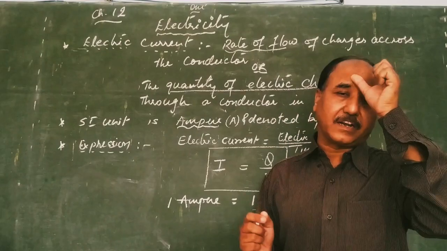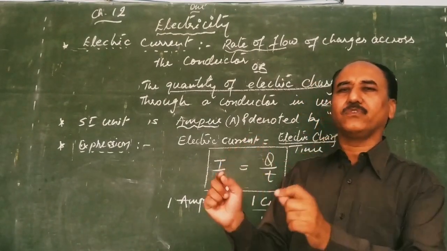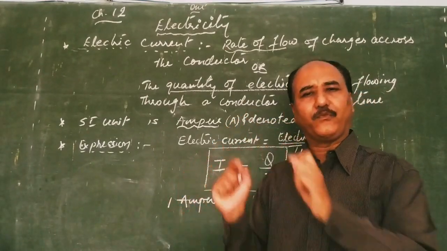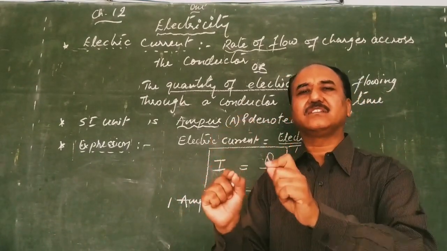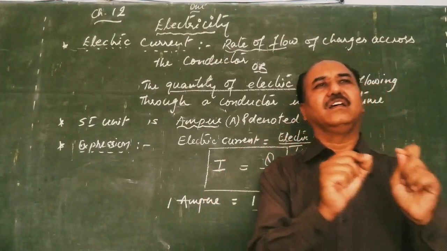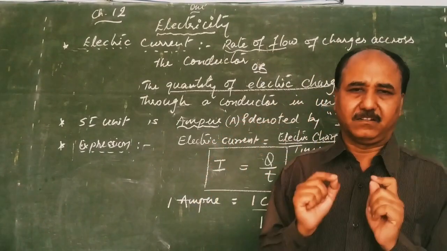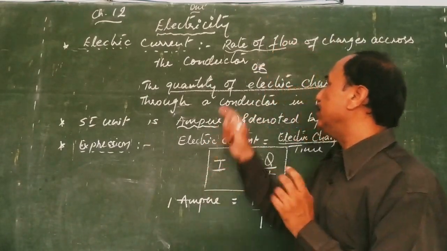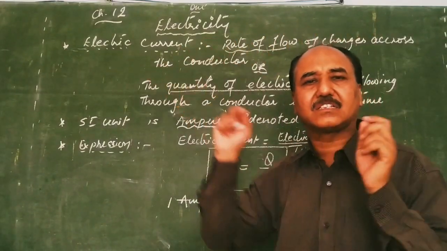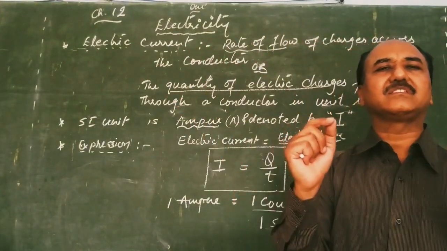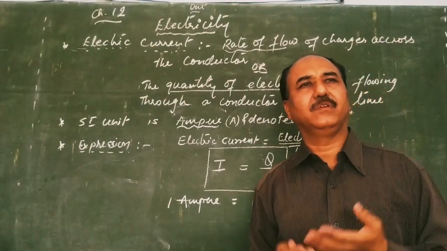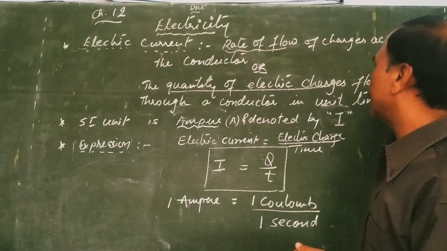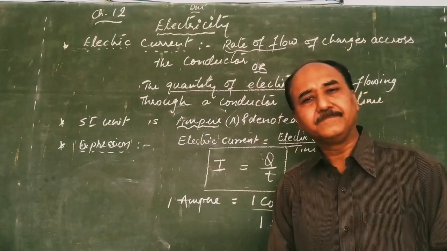Now since already we studied the electric charges, when the charges are flowing from one end to another end in an electric field, these charges are actually nothing but electric current. The other word we are using for the charges is electric current. So, rate of flow of charges across the conductor. Conductor means a metal wire, maybe copper, maybe silver, maybe aluminium. When the charges flow through the conductor, we say electric current.